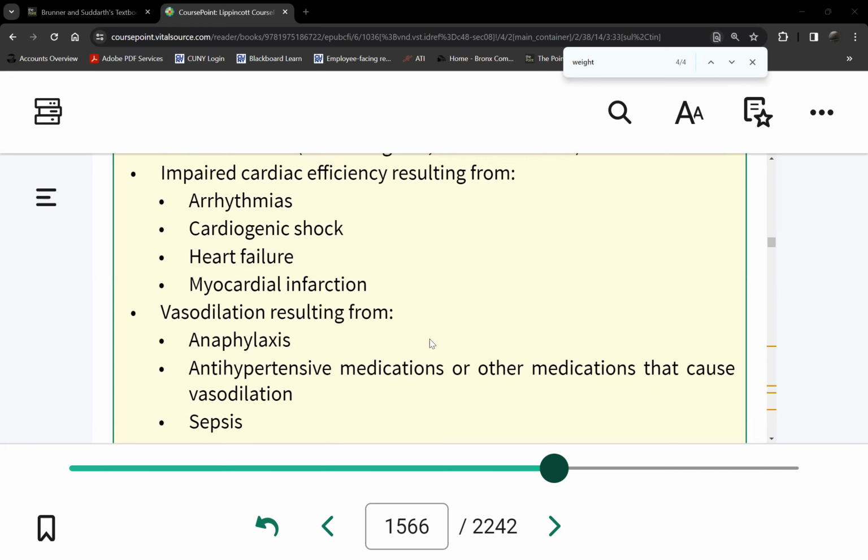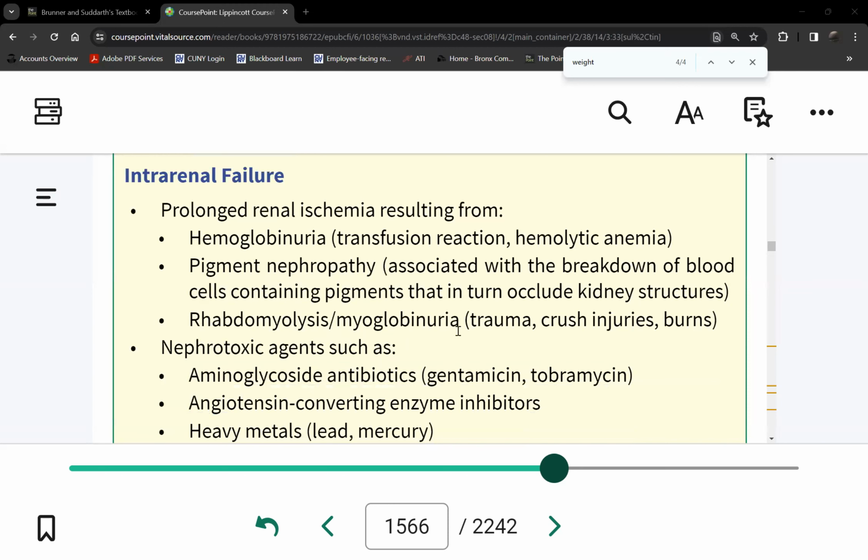Okay, so let's go now to intrarenal. Intrarenal causes are any damage to the kidney organ itself, to the kidney parenchyma, to the kidney tissue. So these are some of the causes. Transfusion reaction, hemolytic anemia, which can result in hemoglobinuria, meaning there's blood in your urine. Is blood supposed to be in your urine? No. Those are huge molecules, right? They shouldn't be in the urine, but then a condition occurred which causes injury, and now the kidney, which is supposed to be only allowing small molecules to come out, because it's injured, is now releasing even huge molecules into the urine.